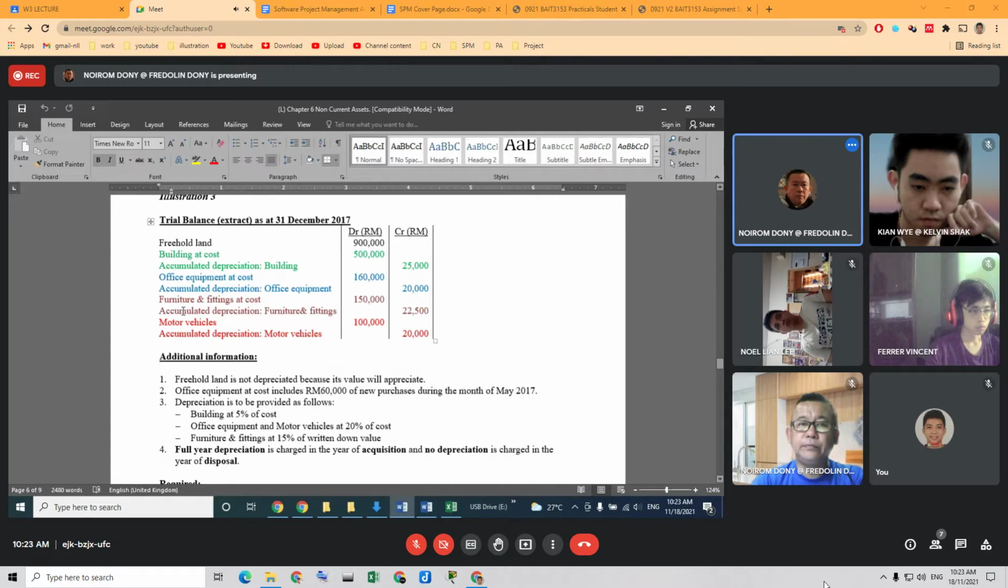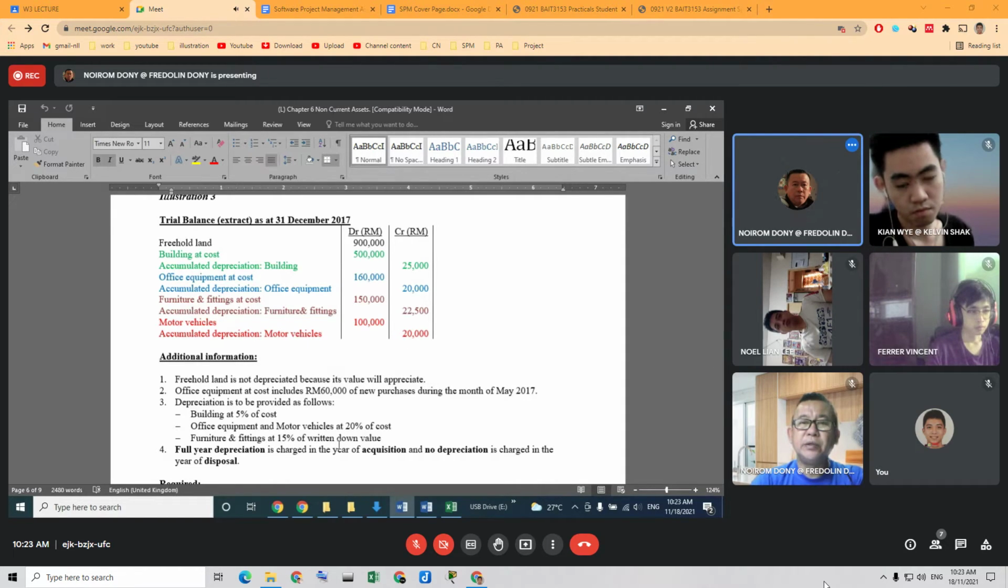Then the last one, furniture and fitting, 15% of written down value. Of written down value. So meaning this is the reducing balance method. So how do you calculate the depreciation for written down value, reducing balance method? So remember,